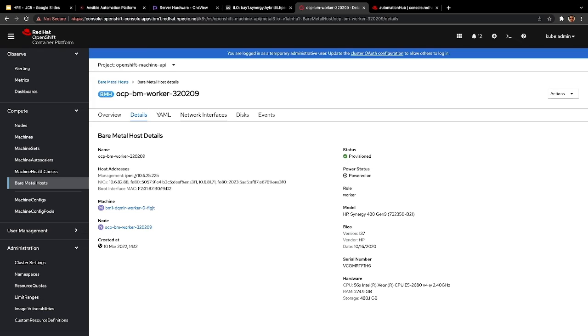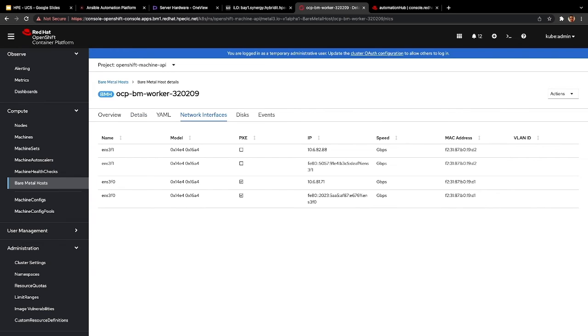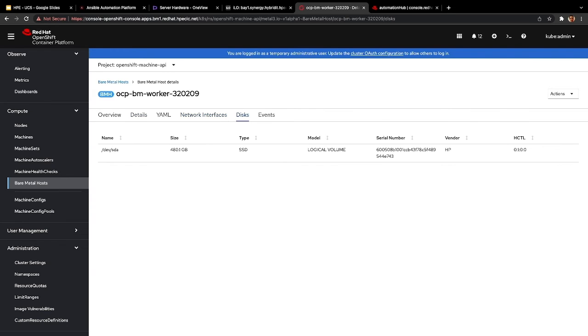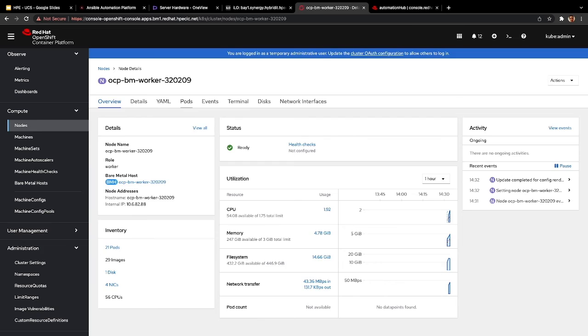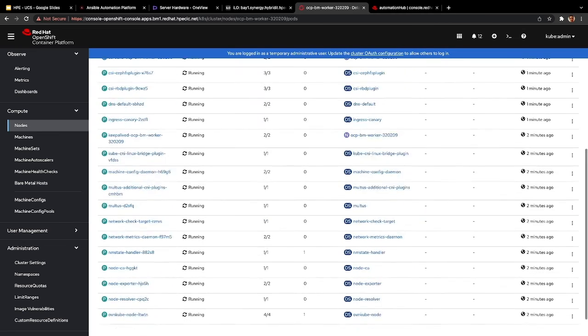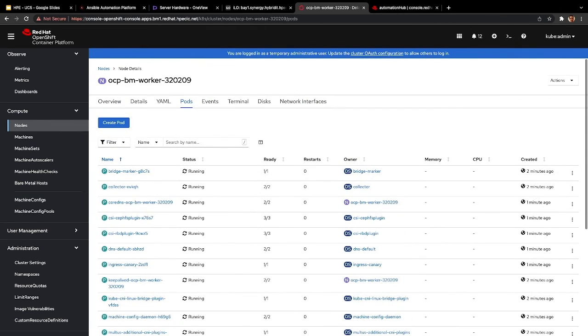I can also see information about the network cards and disks. My server now hosts pods and is fully ready to host application pods.